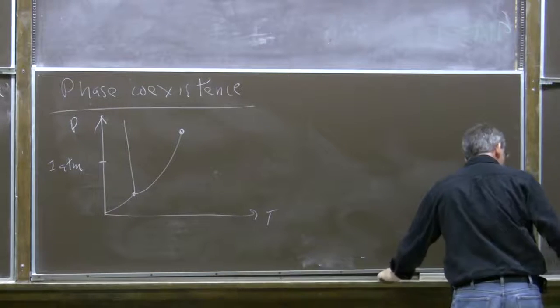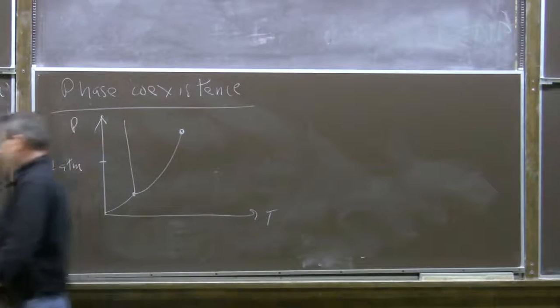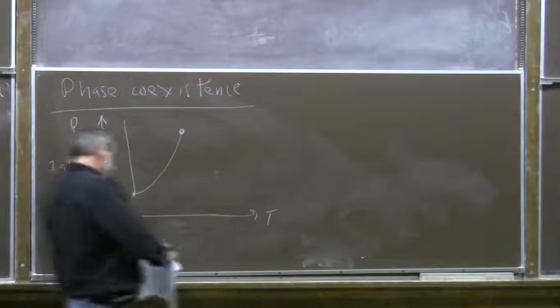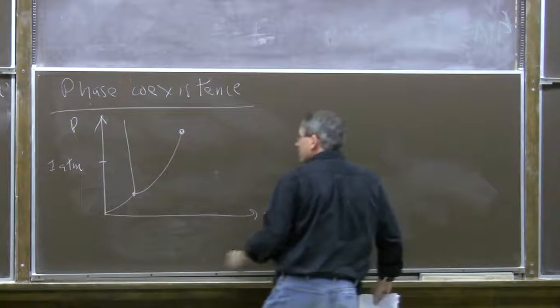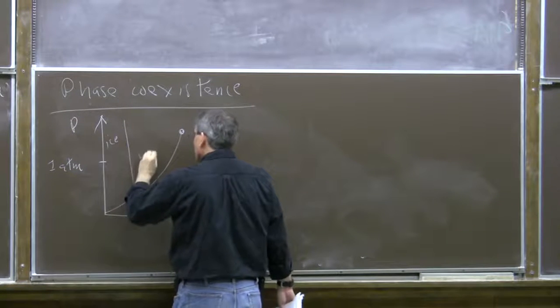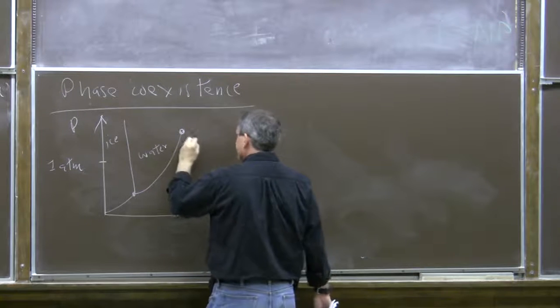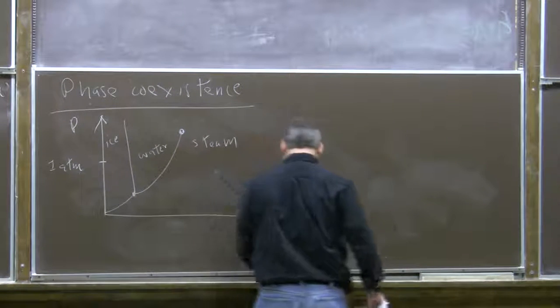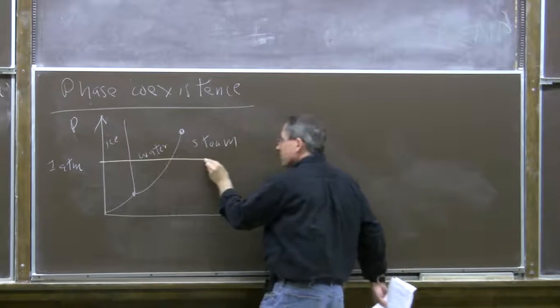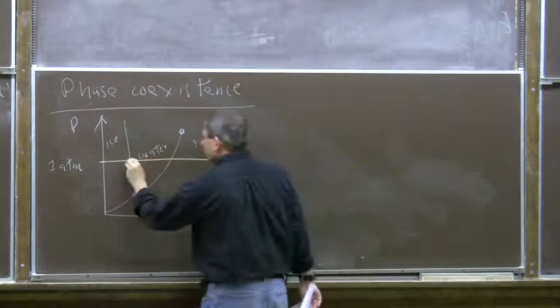So if we consider that fixed pressure, the pressure in the lab, and vary the temperature, there will be 3 phases: the solid, ice, the liquid, water, the gas, steam. So at 1 atmosphere pressure, as we increase the temperature, we'll encounter 2 phase transitions, where ice melts